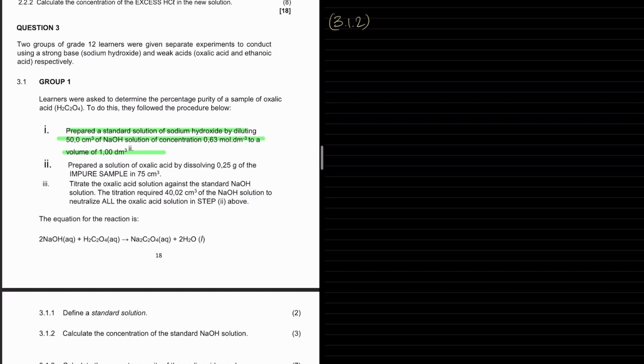So there was a dilution that took place, so we'll use the dilution formula. C1V1 is equal to C2V2. So the concentration at the start was 0.63, and that was in a volume of 50 cm cubed. We don't need to convert here. And that's equal to,